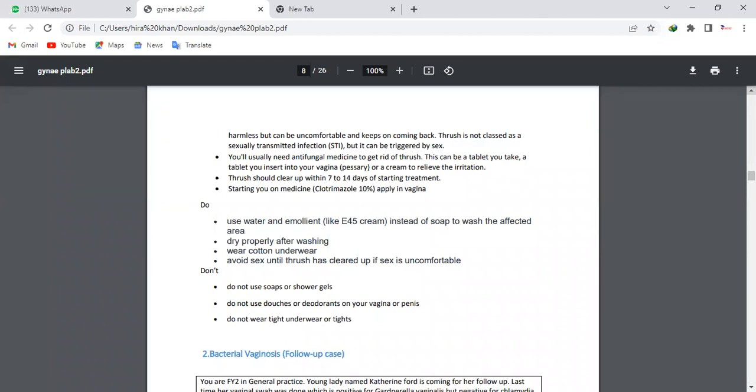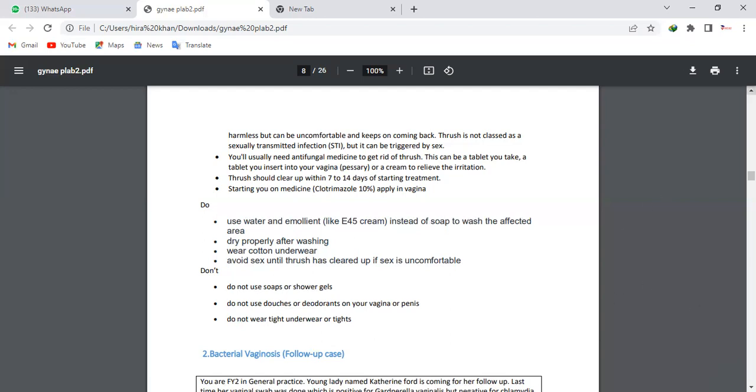Then you can offer the leaflets and ask her to come for follow-up if symptoms do not get better. Otherwise there is no need for follow-up. Okay, so Hera, it was good, mashallah, it was really good. Thank you, ma'am. You should just focus more on your management part, because they have equally divided the parts into four, but for Asians, most of the time our management part is really weak, because our whole focus is on history taking. But we should keep one thing in mind, that we have to cover the management part as well.